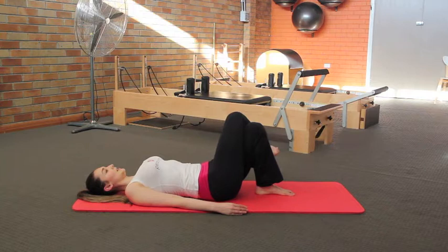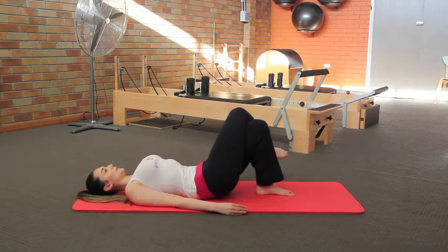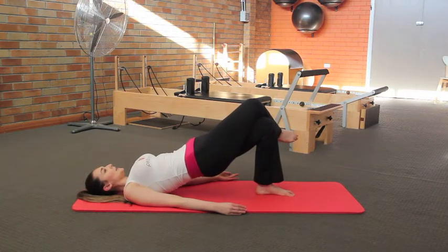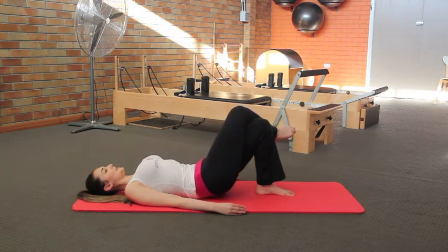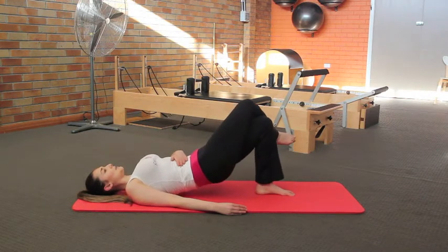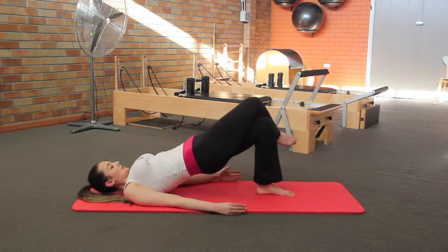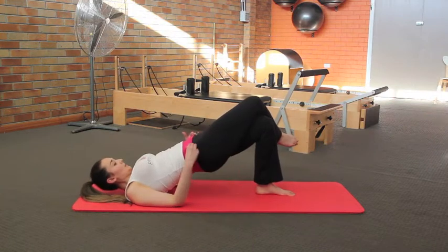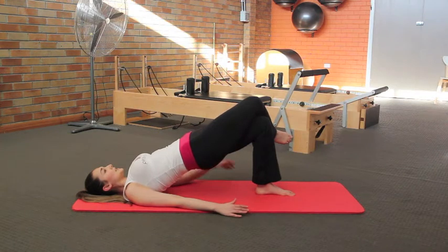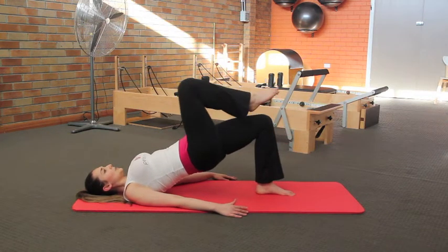Again, inhale, and exhale. And again, we want to make sure, I didn't actually mention this before, but keeping your belly really nice and connected is important with this, so feeling like that we scoop and we pull our belly muscles down towards our spine. So we hold this one up, again, just have a look and make sure that your hips are nice and square, really squeezing through the glutes, ground down with the heel,